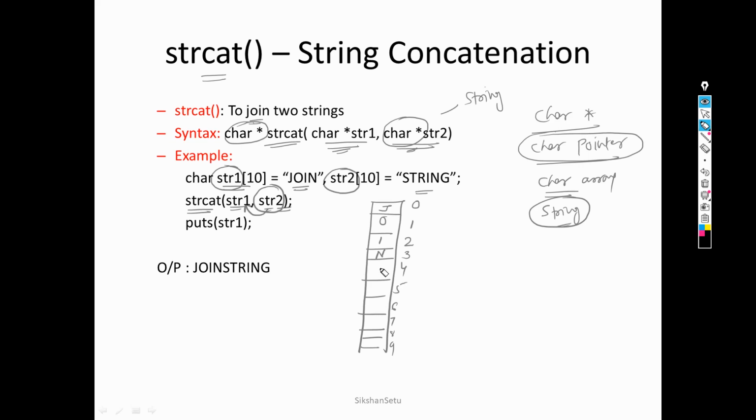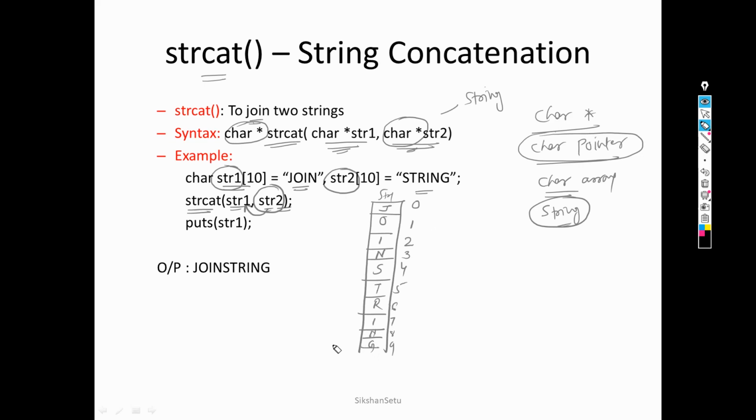So now in str1, join is already there. Immediately after that, string is added.